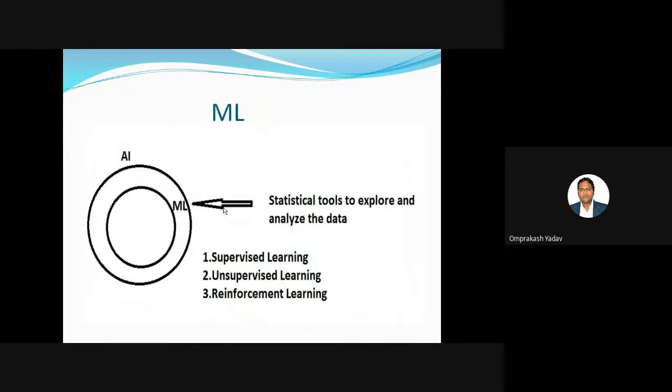So reinforcement learning is like this. First I explained supervised learning, where at the start, before the training, we have the input set and the output set, and then we can do the training. In unsupervised learning, we don't have the output, but we have the input set, and then we start the training, and based on certain patterns hidden inside the input data, it is going to make clusters.